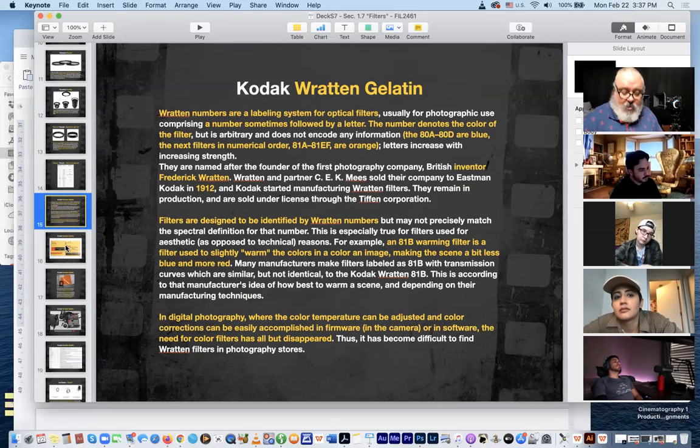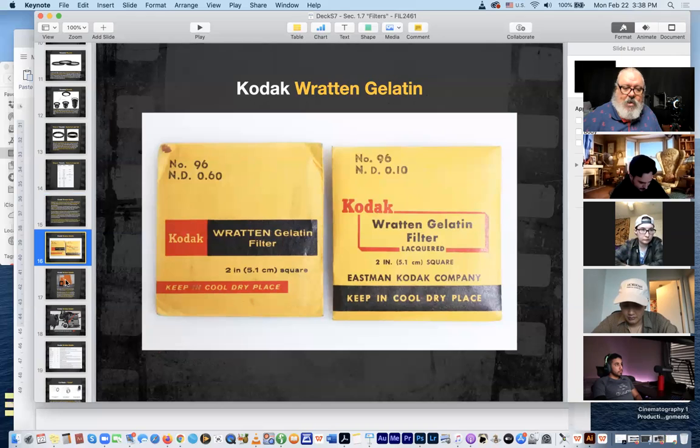The Rattan system is a little bit different. The Rattan system was the first series of colored filters that came out by Kodak in the 1920s, I guess. They were developed by an English engineer in Great Britain called Fred Rattan. He had, I think, the first photographic equipment company in Great Britain, and he developed the gel filters for the cameras that he was dealing with. Kodak bought his company out, I think in 1912, something like that, and acquired the rights to the Rattan filter system. And the Rattan filter system was simply a set of gelatin filters that had all of the different effects